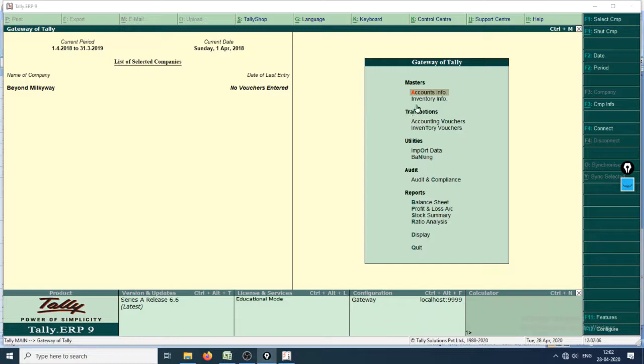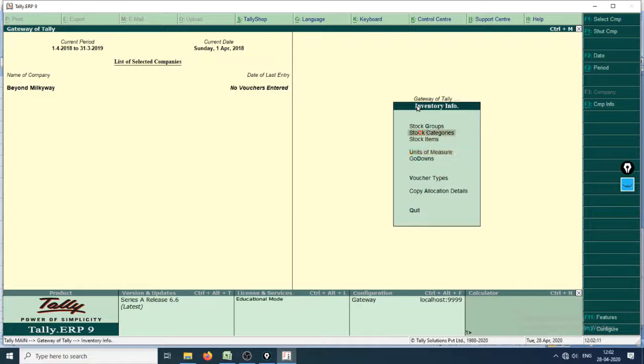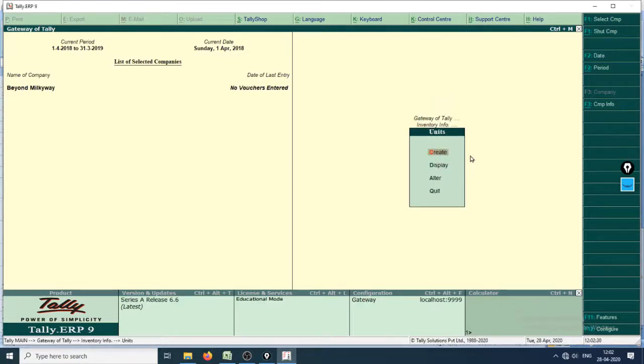Okay, this time we don't have to alter anything, hence we will just go to stock items right here. Okay, how to go to stock items and stock items. Okay, and now you can just go to stock items. Okay, you can just go to display, so that you just see everything right here, and you cannot change anything right here. You can also not create, it will not let you change. Okay, because this is just a display column.